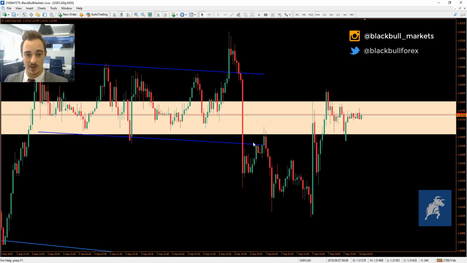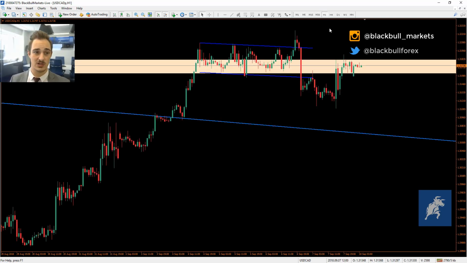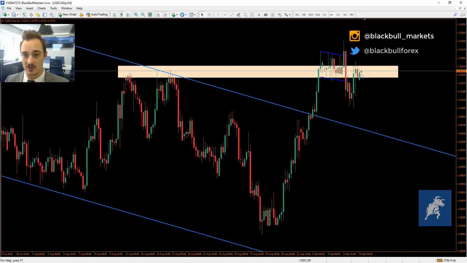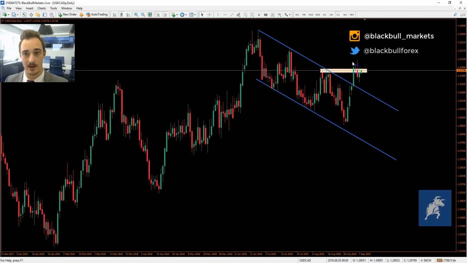Personally, I tend to stay away from the markets when big news events come out, just because I'm not a fundamental trader. I'm more of a technical trader, so technical patterns can be very badly influenced by fundamentals, so I tend to stay away if I can. You can see here it did not really follow that pattern, but coming back to the weekly, the daily, we